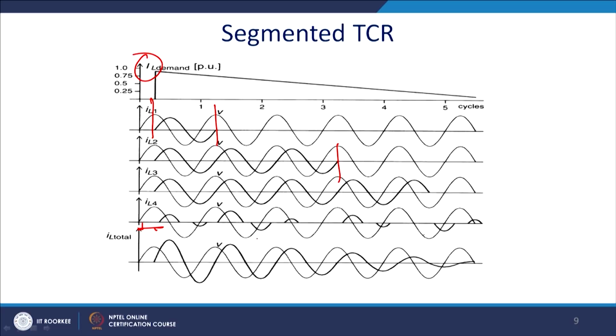So, thus gradually you can find that the current flowing through these devices gets reduced, and it is almost sinusoidal, because only this fourth element will have alpha control, the others will not have alpha control. So, for this reason the current is gradually damped. It can be effectively damped in this way, and thus you can handle the power quality as well as the reactive power demand as required by the devices.